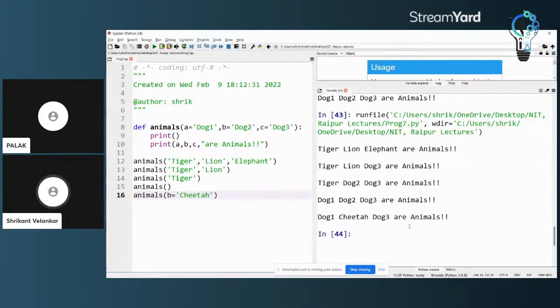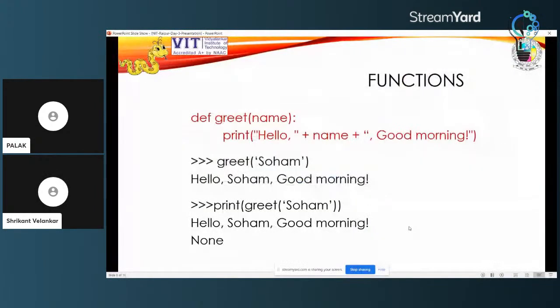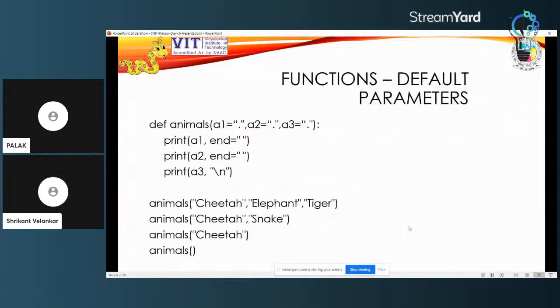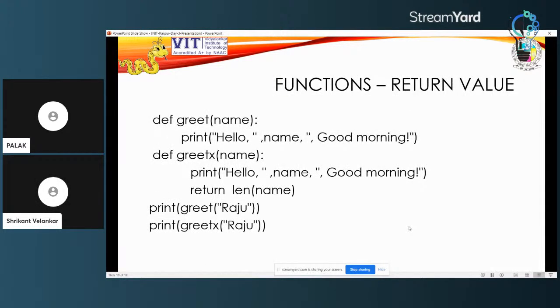This is another peculiarity or speciality of Python functions as regards passing parameters. Just have a look at this. I have just talked about the same thing with a similar example. So we are having default parameter passing in functions. Now let us have a look at a return value and how it works.